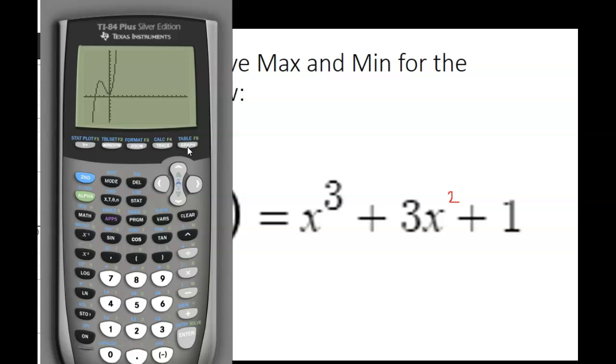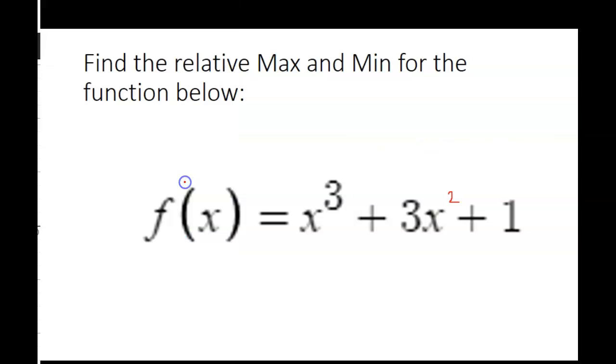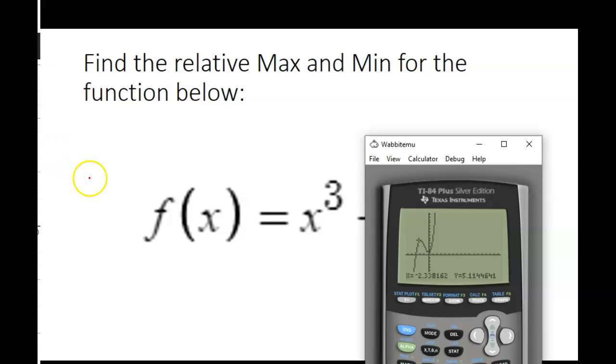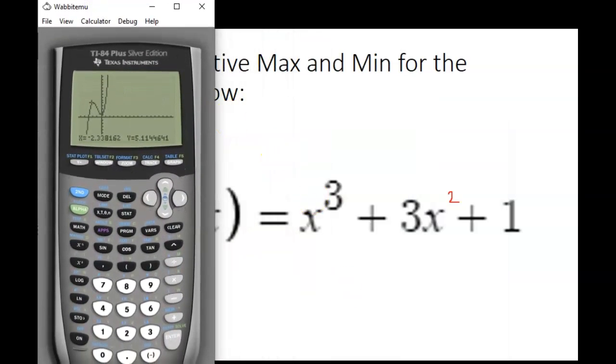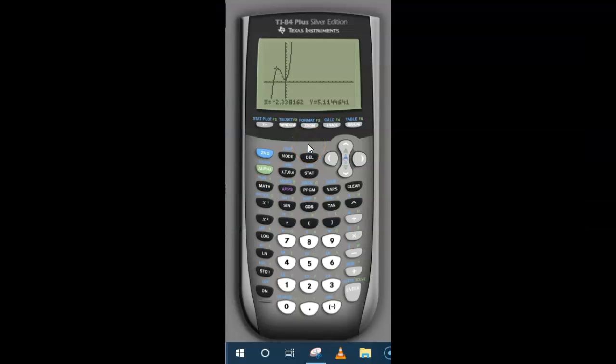Right? Now, I want to find the maximum and minimum, but I notice if I try to scroll over to the point, it's not good. I don't get a precise value. Or my calculator can just go away completely. There it is. So what I want to do now, and even face-to-facers as you're watching this, if you had an error, stay with me, okay? So what I want to do now is I'll go to this calculate button to calculate the relative